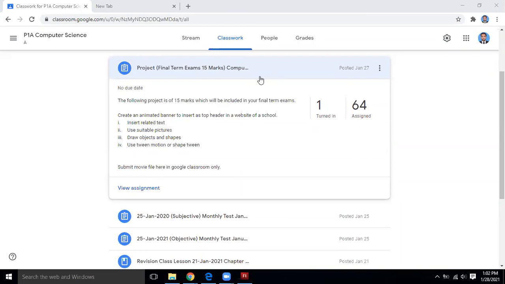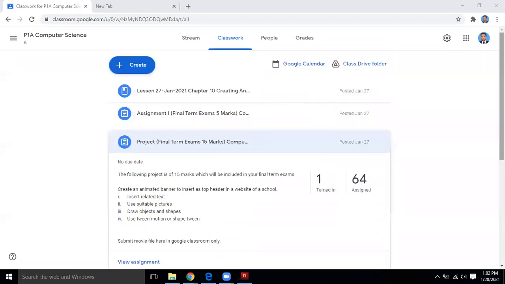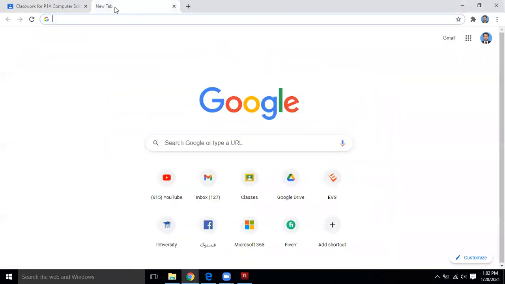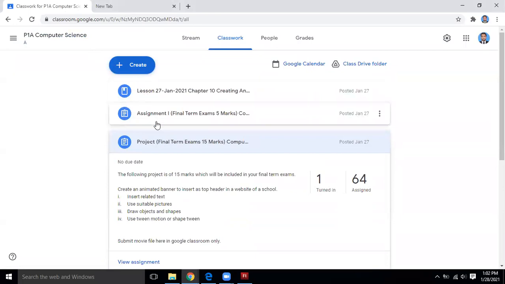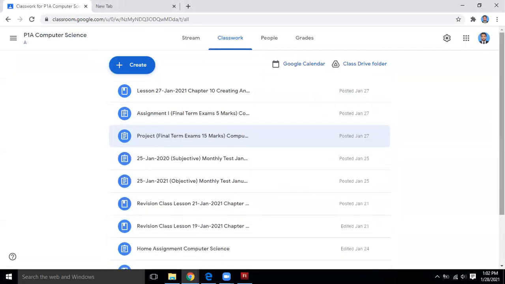WinRAR is the software to unzip compressed files. Fine. Is this thing clear now? Yes, it is clear. Thank you. Okay. Fine. Now we move to the next.